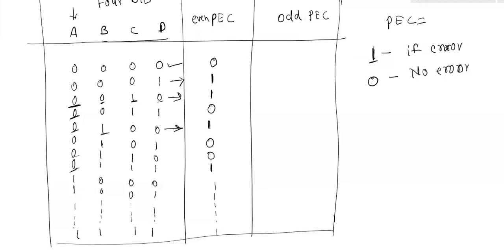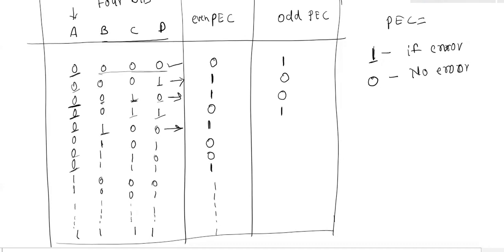Now for the same data 0 0 0, the number of ones available is 0. Is it an odd number? No. But here a 0 is given, which means it is expected that the number of ones should be odd. So there is an error. Similarly for the next data, 1 is an odd number of ones, and here a 0 is given, which means the actual data is received, so it is a 0. For the next data 1, actual data is received. If the number of ones is even, but in the odd parity checker the bit is 0, even bits are received, which means it is an error.